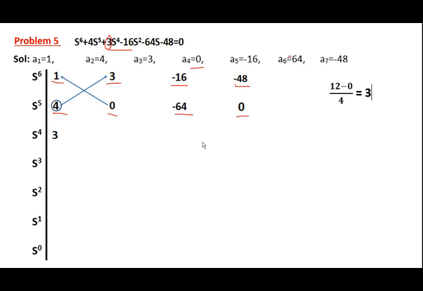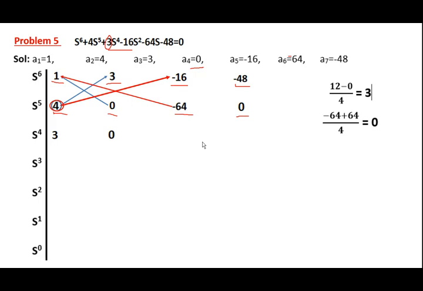Next, the second element can be obtained from multiplying 4 into minus 16 minus of minus 64 into 1, divided by 4. So 16 into 4 is minus 64. Minus of minus 64 is plus 64, divided by 4. 64 minus 64 is 0. 0 divided by 4 is 0. So we can write 0 here.